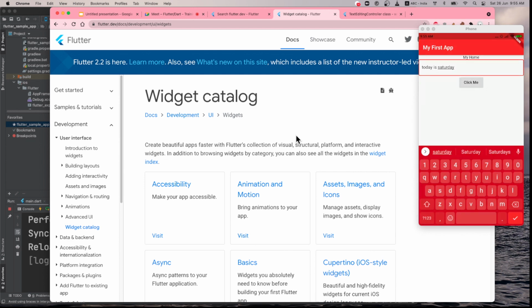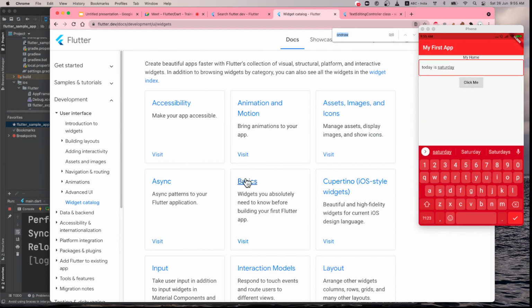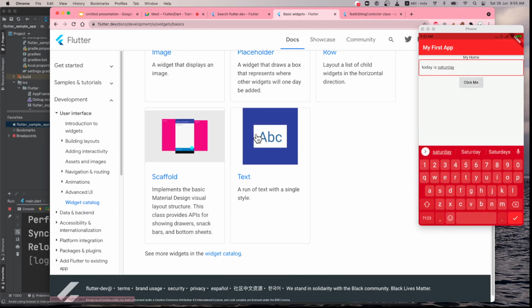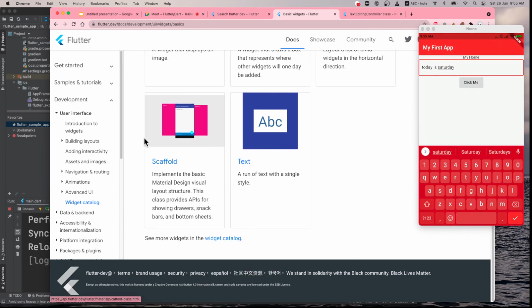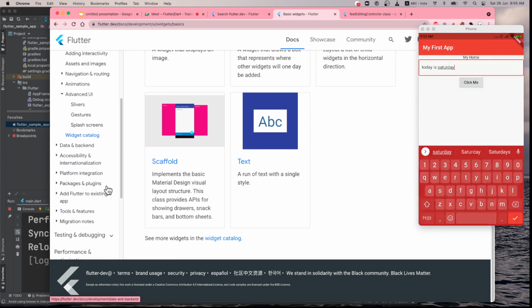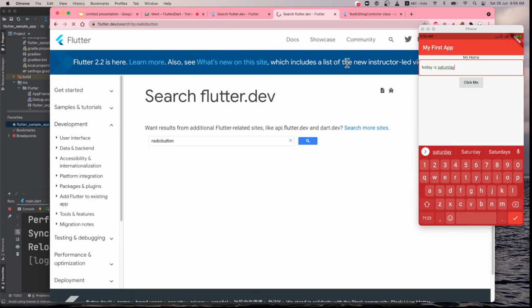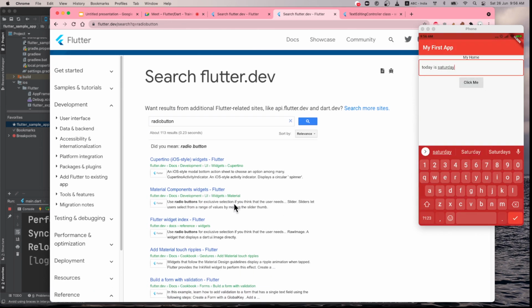UI widget, and maybe we can go to basic. Text we have seen, maybe advanced UI, sliver, here it is showing.